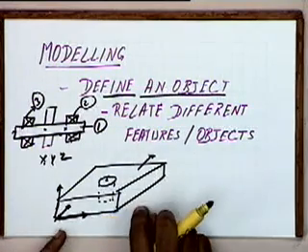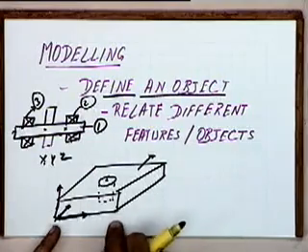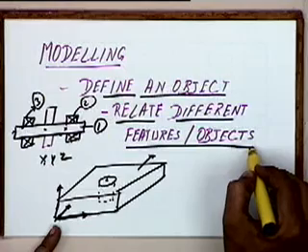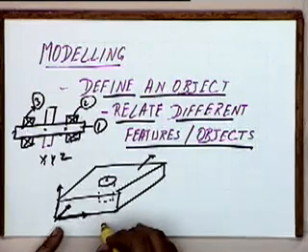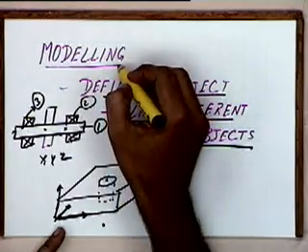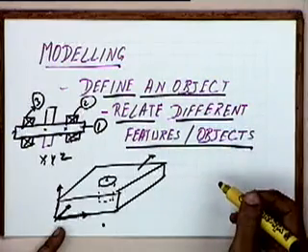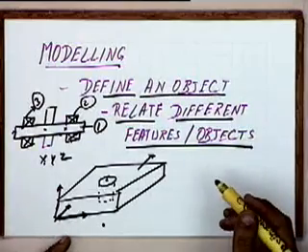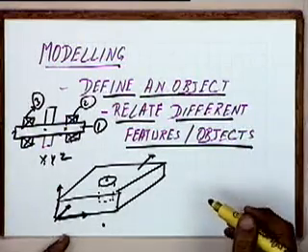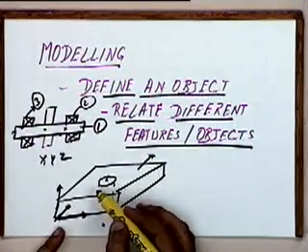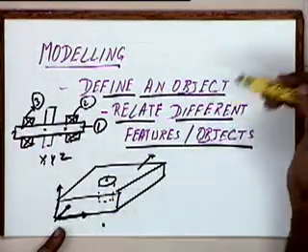Okay. The basic idea that I want to convey right now is that when we are trying to relate different features and objects, a lot of information has to be stored in that model. So when we are talking of modeling, that includes a lot of information. It is not just defining this object as maybe a block. A lot of information goes into it. So unless we are able to relate these features, we will not be able to use this object in any situation.